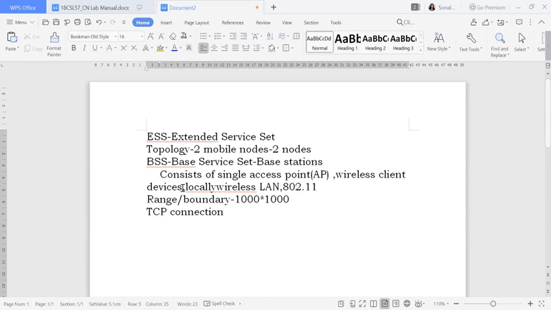Whenever they connect, they can connect locally, in an enterprise 802.11 network, or through your LAN. All these things are connected together to form the BSS, that is, the base service set.